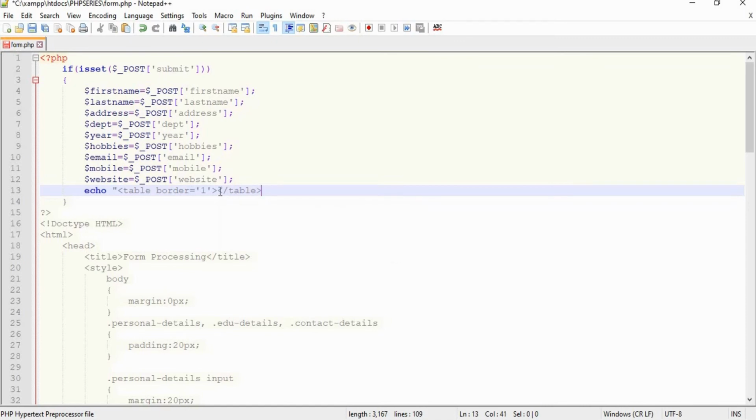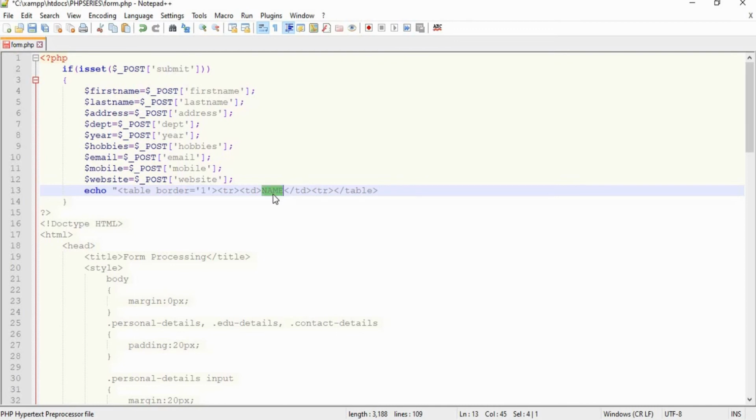So inside the table we can have rows and columns. So the first column value will be name. So inside that particular row, or you can have n number of rows and 2 columns, right?